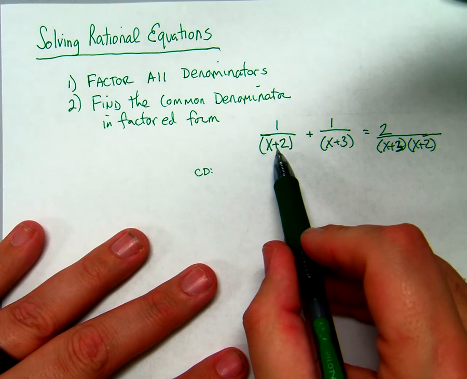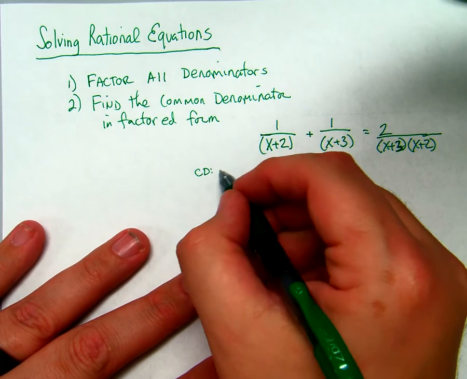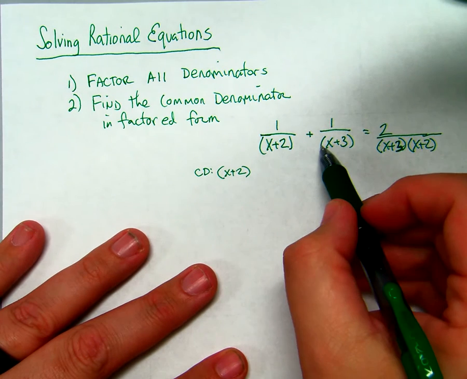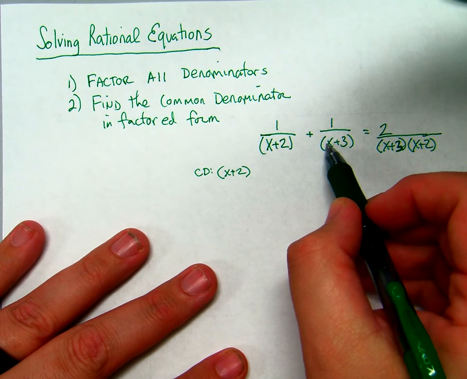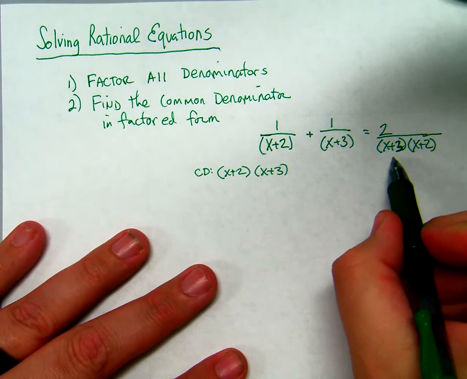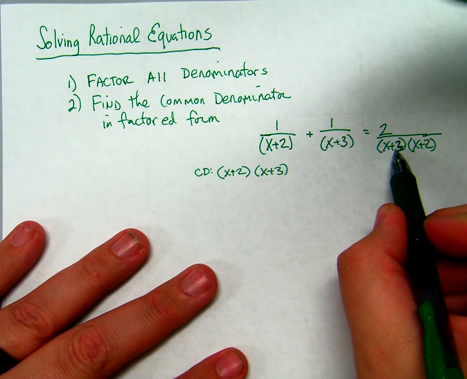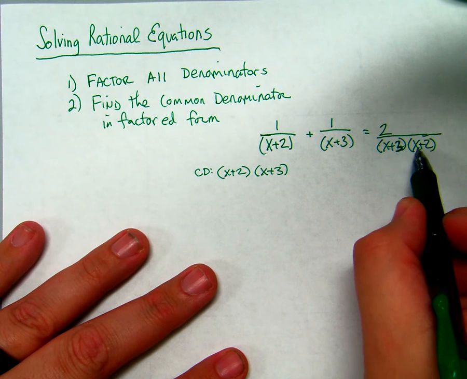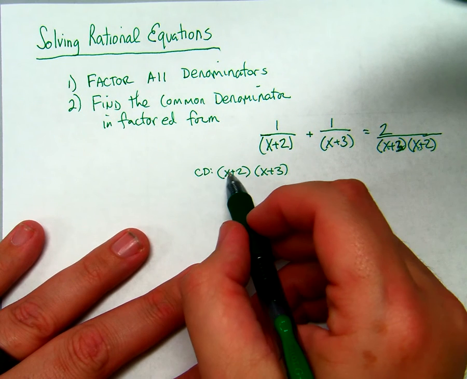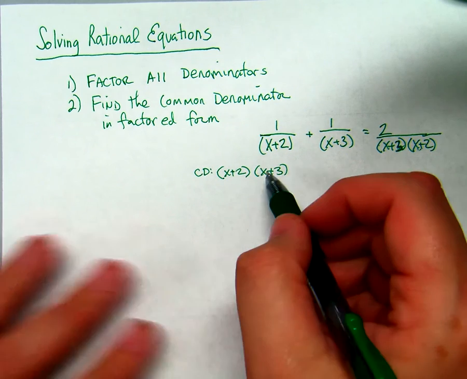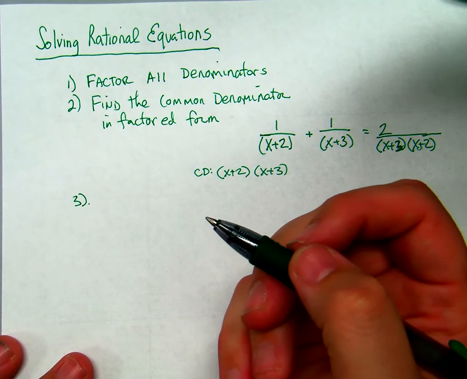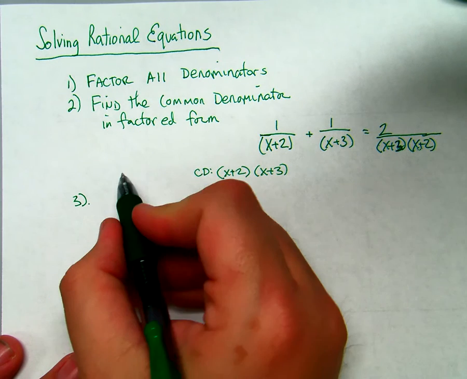We have to take each factor. We take an x plus 2 from this guy. I need the x plus 3 from this guy. And this one has an x plus 2 and an x plus 3. So do I need to take any of the factors from this denominator? No. So I have my common denominator here is x plus 2 times x plus 3. Now step 3 is